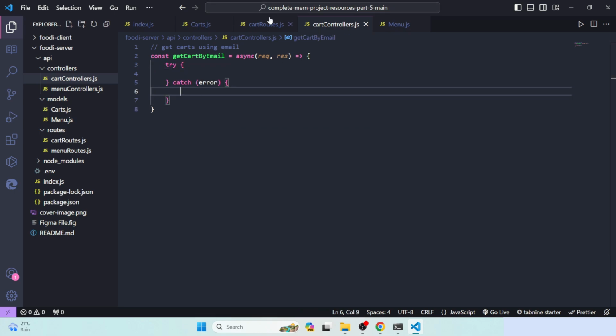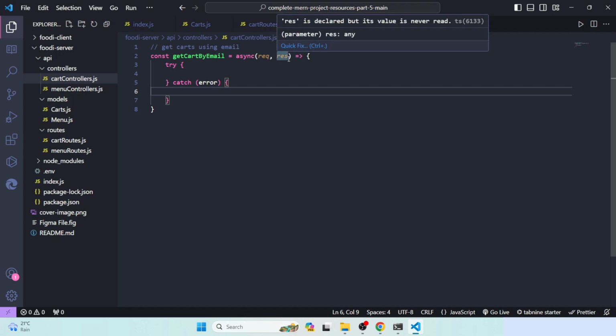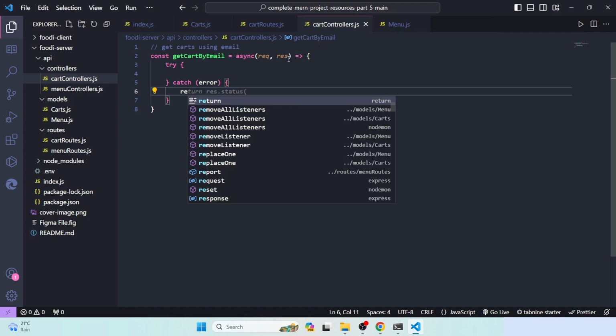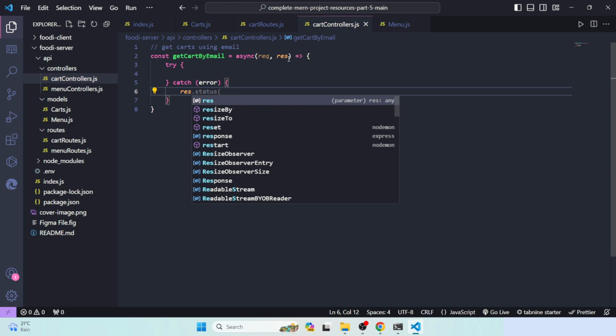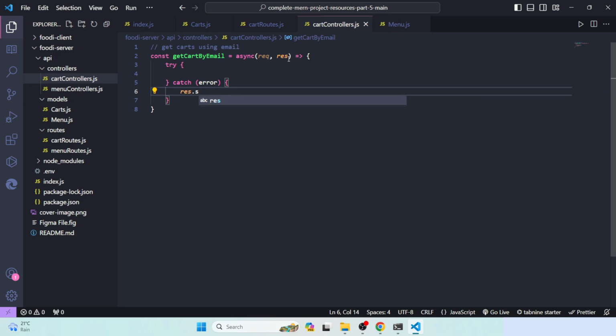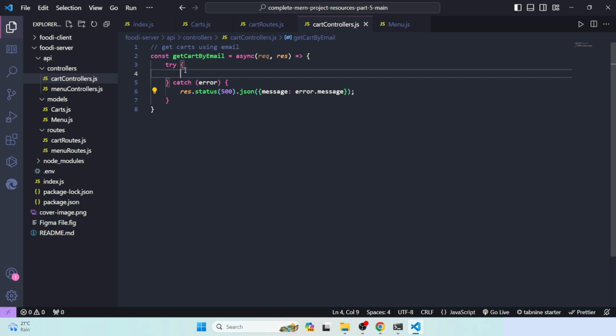Simply when it's not found we will use res.status, and the status code will be 500, then it will convert to JSON, and then that would be message. So if this is not found, then we'll just send this status,